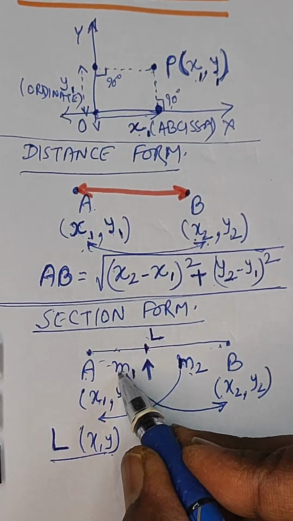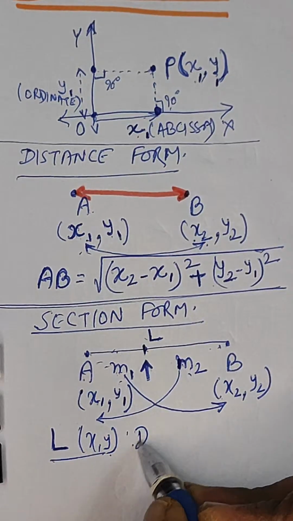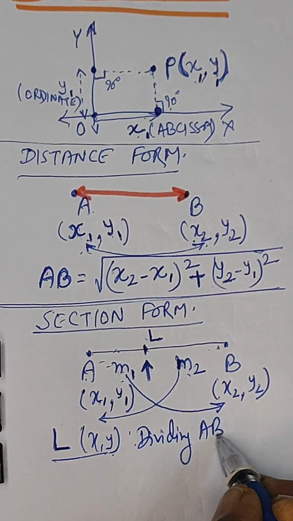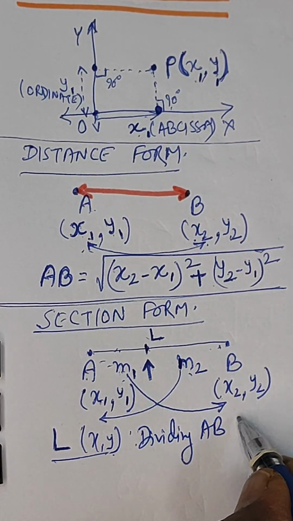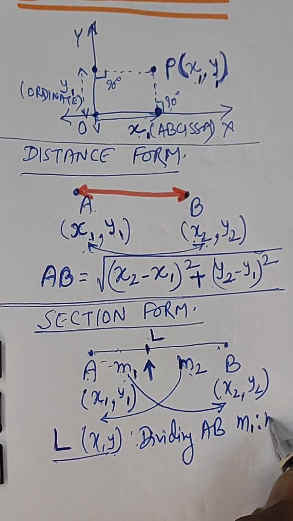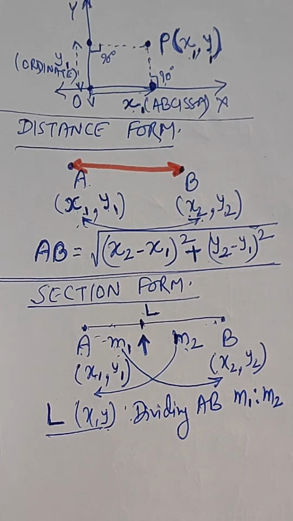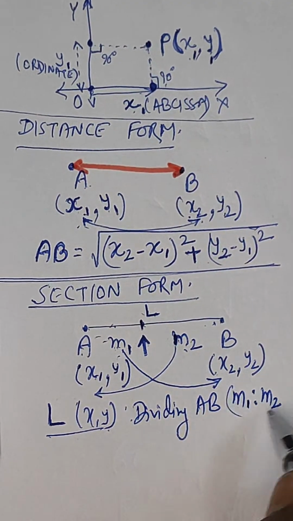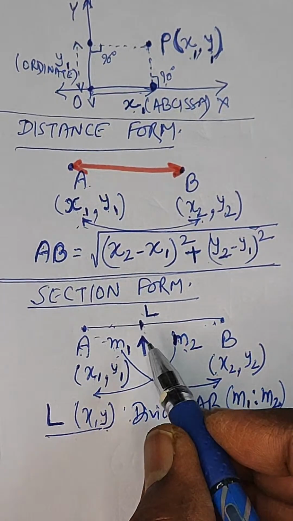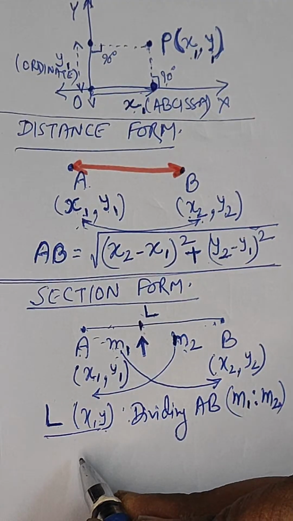And the ratio is, L is dividing the line AB into the ratio m1 is to m2, right? This is given to you. Then in this condition, the coordinates of the point which is dividing this line connecting A and B is given as